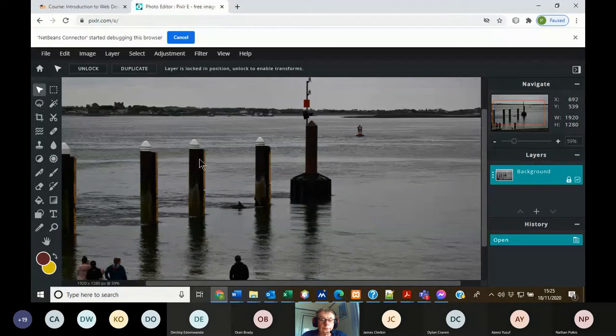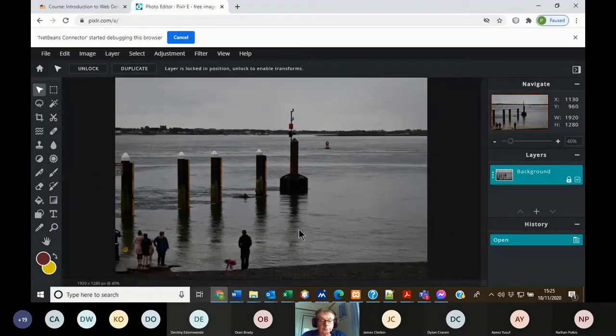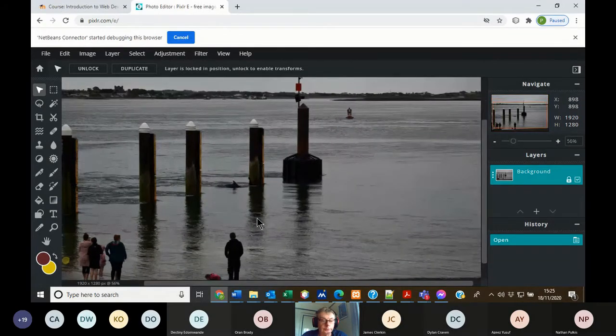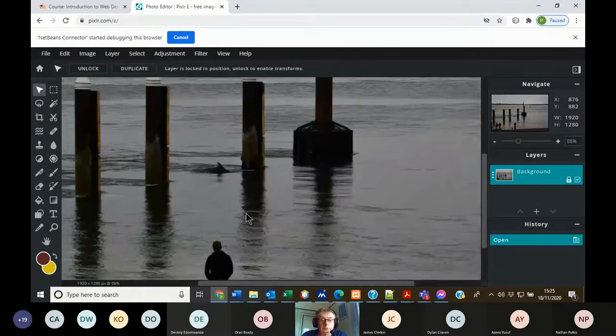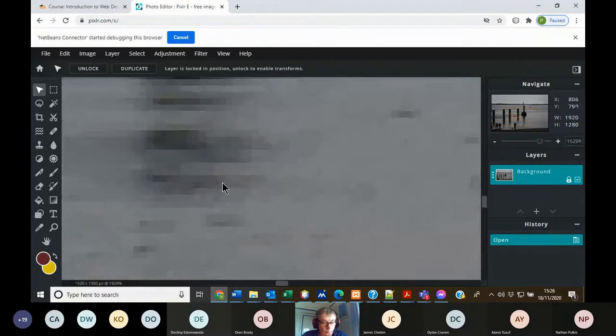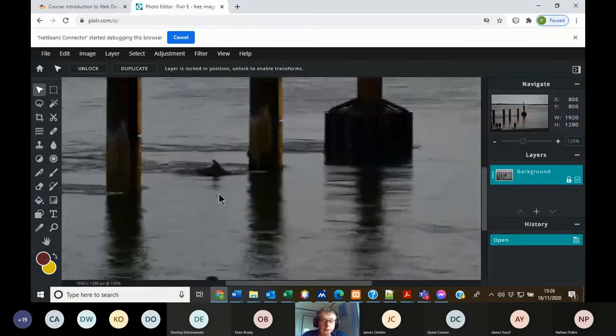Okay, so we've got the pillars here on the side, the dolphin, a couple of people on the shoreline. Okay, and a buoy there. There's other buoys going out for those that are familiar with Carlingford Lough. Now, what I'm doing here is I'm just actually using the wheel on my mouse, and I can